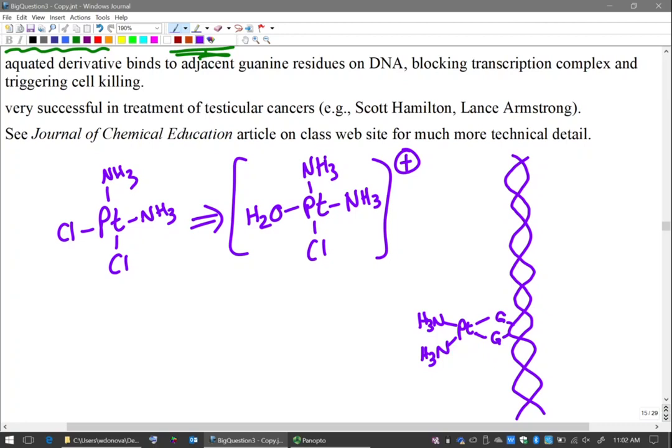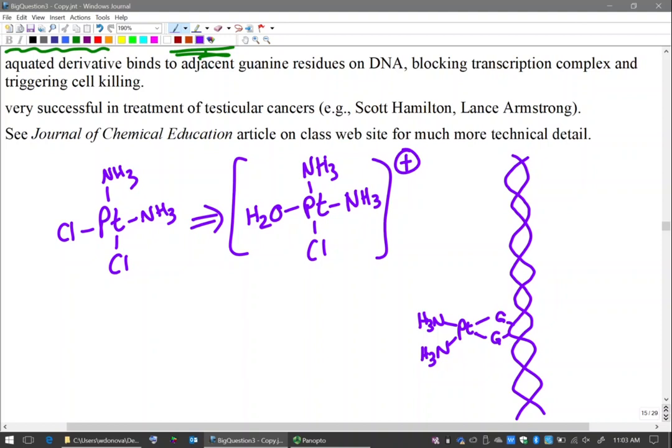And when the transcription process occurs, you have this complex that comes along, breaks the hydrogen bonds, separates the strands, and you make new copies of the DNA. It hits this, and this screws up the transcription process. It's sort of the molecular level situation of your zipper getting stuck because there's a couple of broken off zipper teeth stuck in it or something. It won't unzip. Well, there's two possibilities for your zipper, right? You either fix the zipper, you try to break those teeth off, or you toss it out. Same thing here. When the transcription complex gets here, it's either going to